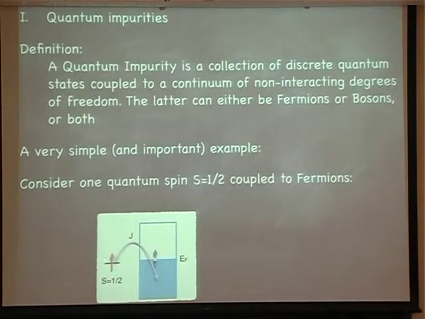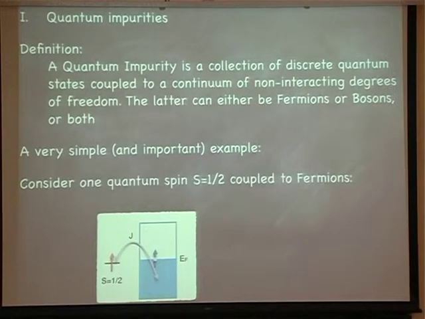You have here your spin sitting somewhere with a spin 1/2. And there is a band electron system, which I very coarsely describe as a box which can be filled to some level EF, that's the Fermi energy. Of course, the electrons, band electrons, are also fermions, so they do carry a spin 1/2. And if there are two spins around, you know, there can also be an exchange interaction between the two. I don't care where that comes from presently. I just say there can be one, and we talk about later where it might come from. And this can make those two guys talk to each other, and this arrow should actually be up there.